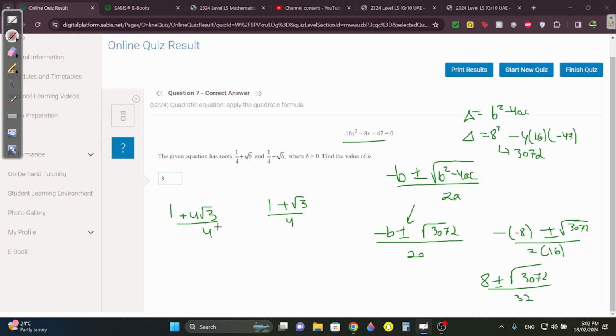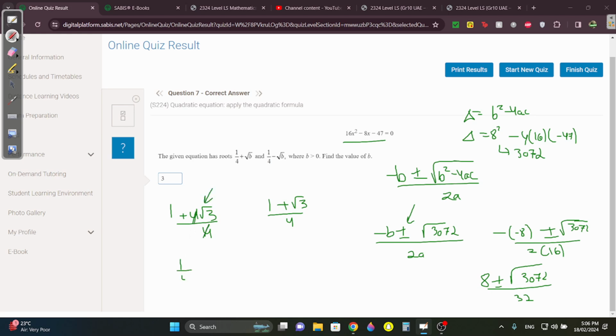I think I'm gonna check the solution just in case I'm doing something wrong. But I think for now that's correct. Yeah, for now I'm correct. You cancel the fours, I think. Wait. Okay, yeah, I'm correct. You should be able to cancel the 4 and the 4, because this